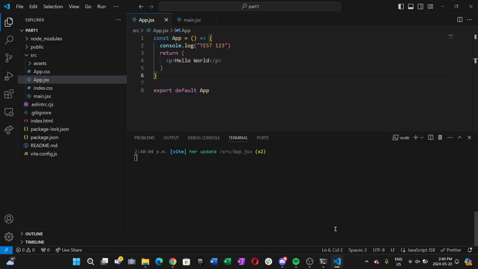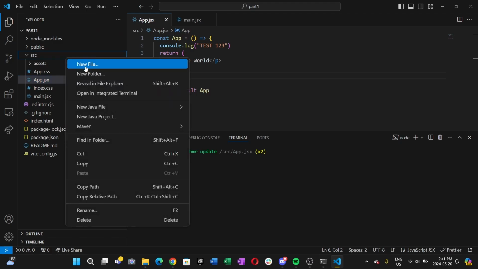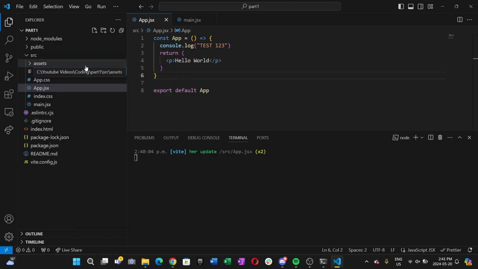Now it's time to do something a little more complicated. Let's try to actually put some more dynamic stuff into the code. Because right now, as you can see, it's very static, right? It's literally just hello world. You cannot get more static than that. So let's create a new file here. Let's call this